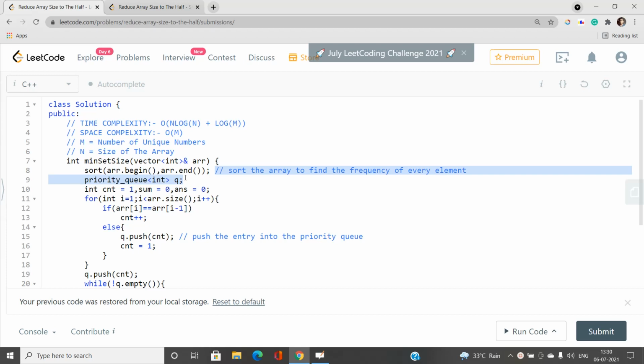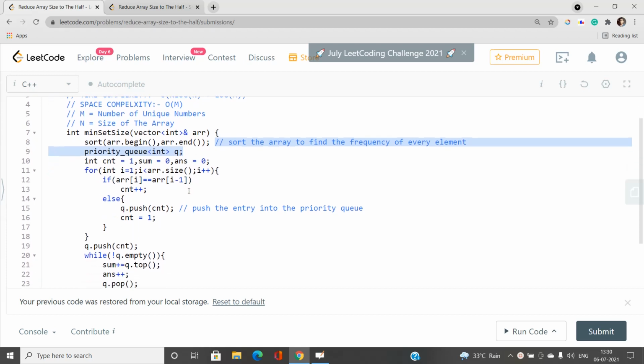Let's understand that. You can see that I've initialized count as 1. Note that I'm now talking about finding the frequency of a certain element. Since the array is sorted, the adjacent elements may or may not be the same, right? If the adjacent element is the same, it means that we are processing a certain distinct element right now, present at array of i and also at array of i minus 1. We need to increment the count of that distinct element. Okay, if it is satisfied, increment the count, otherwise it means that we have found another distinct element.